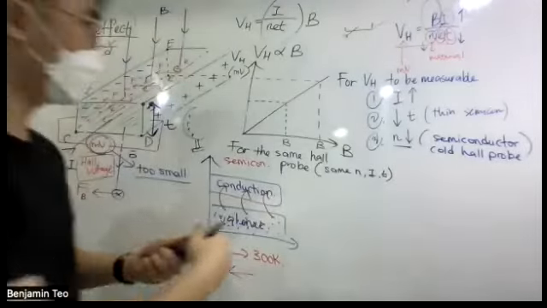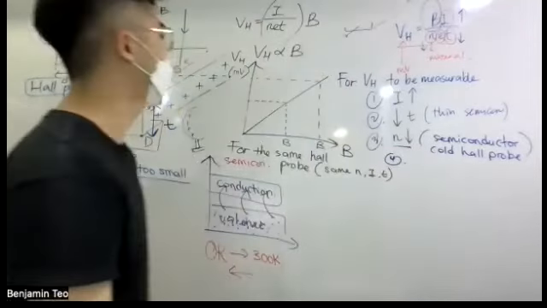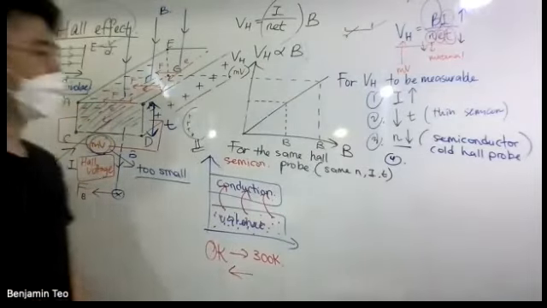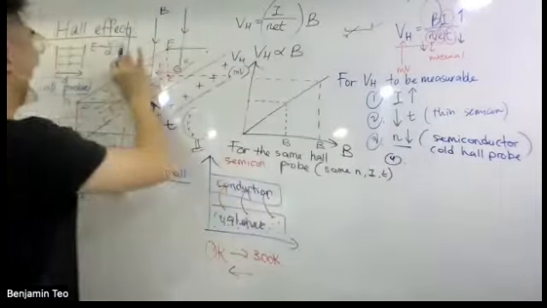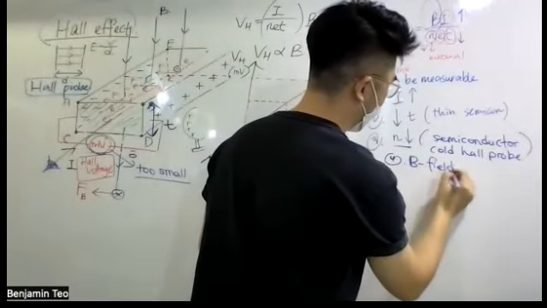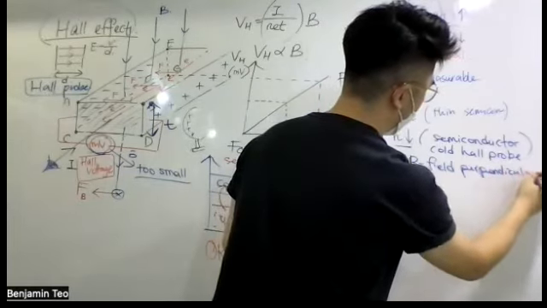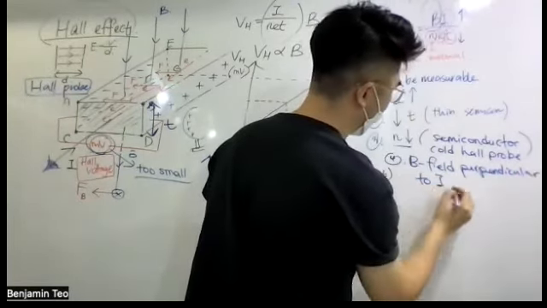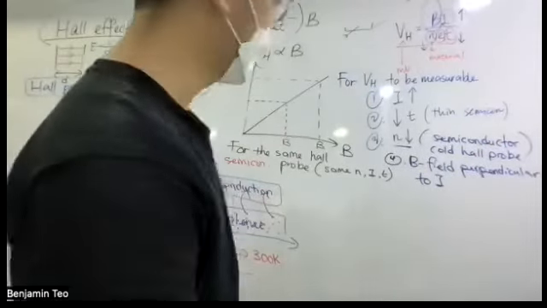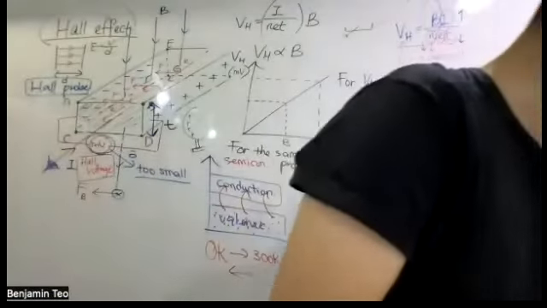Maybe you can add one more, number 4. But this one we have already considered. This is the sine theta. Make sure that this is perpendicular. The field perpendicular to current I. Why must it be perpendicular? If it's not perpendicular,